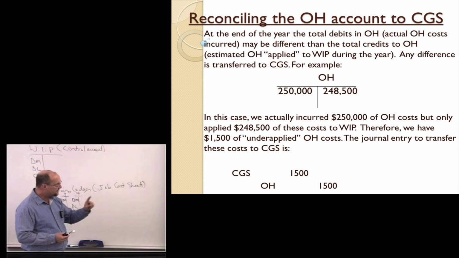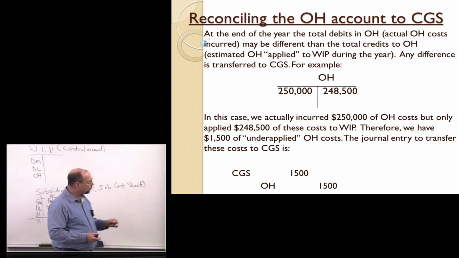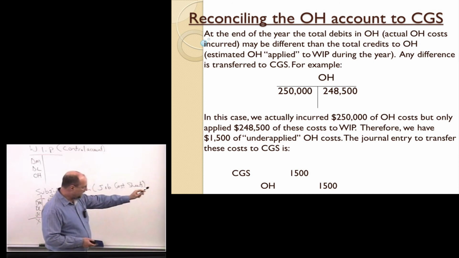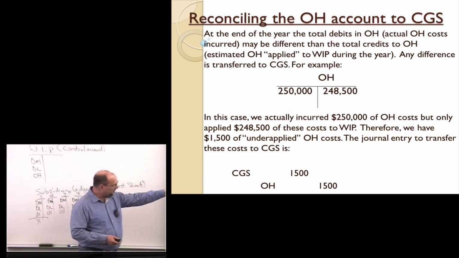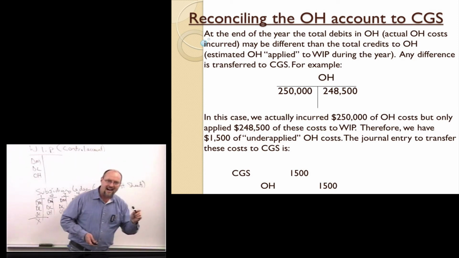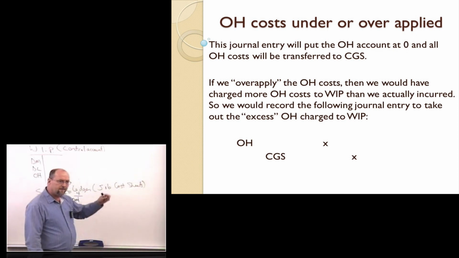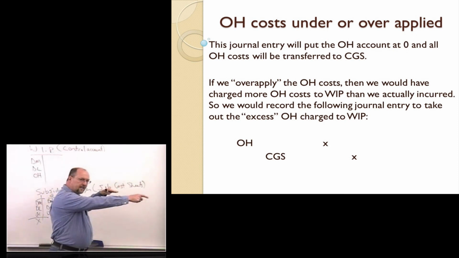Now in this case, we actually incurred $250,000. We only applied $248,500. We under-applied overhead costs by $1,500. There's the journal entry. Okay, and notice the credit to overhead of $1,500 will zero out the account. Had the opposite occurred, okay, instead of $250,000 debit, $248,500,